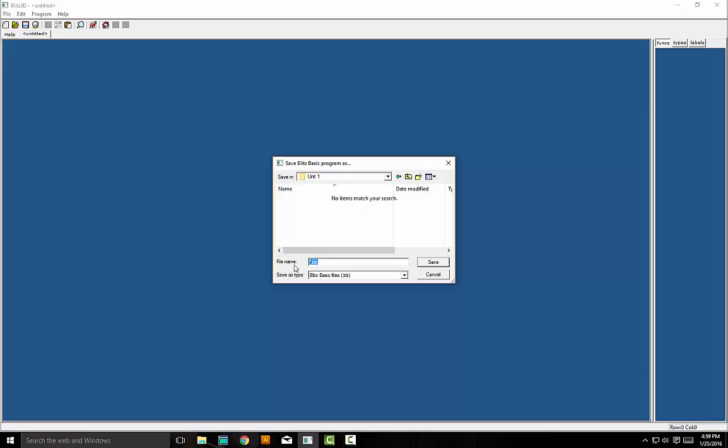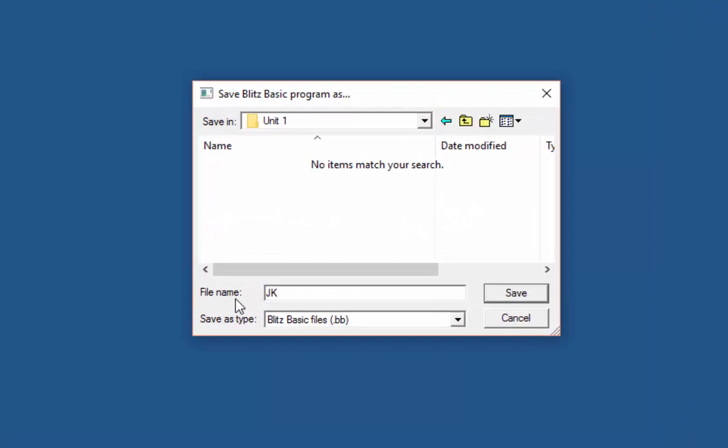Because we are going to be creating almost 50 programs throughout the semester, it's important that we have the ability to recognize which programs correspond with which problems in a very quick and timely manner. To do so, we're going to start off with our initials. So for me, I would start off with JK, followed by U1, P1. Now the significance of this U1, P1 here is that this is going to be for Unit 1, Problem 1. After I've done this, I'll click Save, and you'll notice that my tab has been renamed to correspond with this